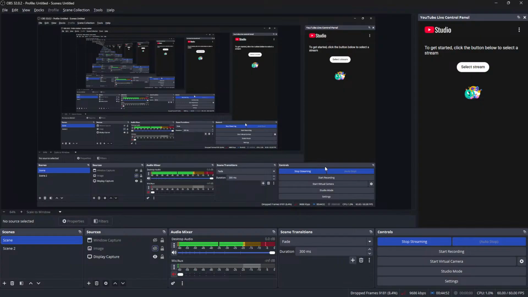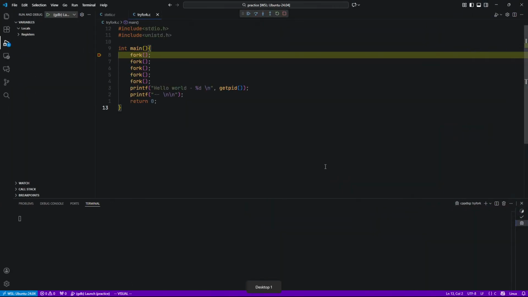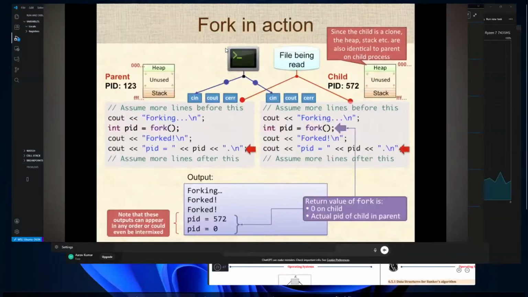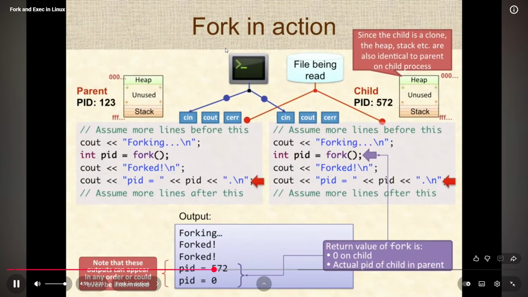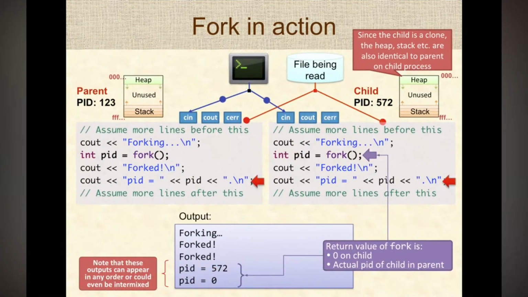Next, both parent and child will execute the next line of code, and they will print the PID values in each one of those processes. Note that here, the process IDs, the PID values printed will be different. The parent will print the process ID of the child that it created, but in the child process,